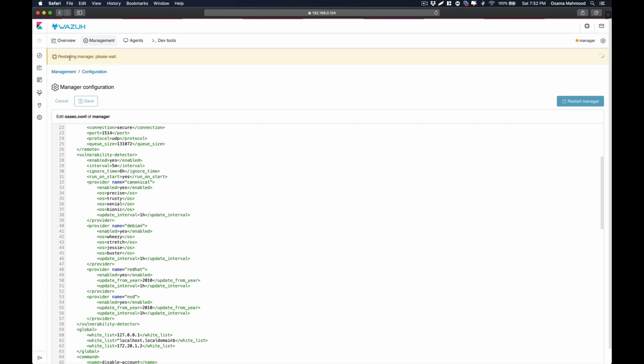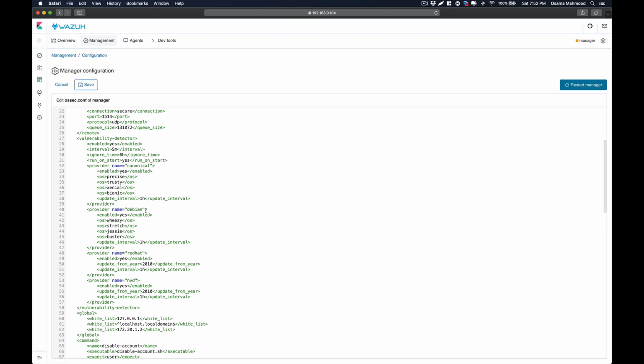So once the manager has restarted, it will automatically go to all the repositories that are containing all the CVEs released for those Linux distributions and fetch all the vulnerabilities related to all the packages that are installed on your Linux box, and will automatically start scanning those packages.